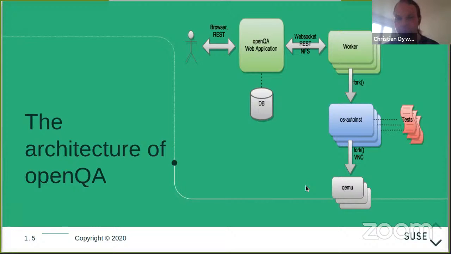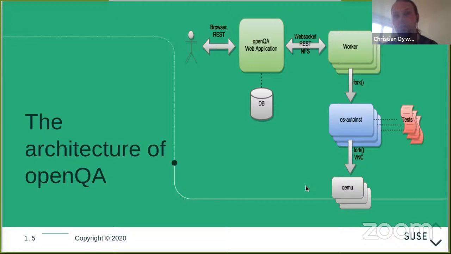And that is alternatively using the REST API that is exposing pretty much the same things if you actually want to script the features that openQA has. So most of the things can be done through the API or through the web interface. And then the sort of magic actually happens behind, which is on the workers, which very typically run on separate machines.